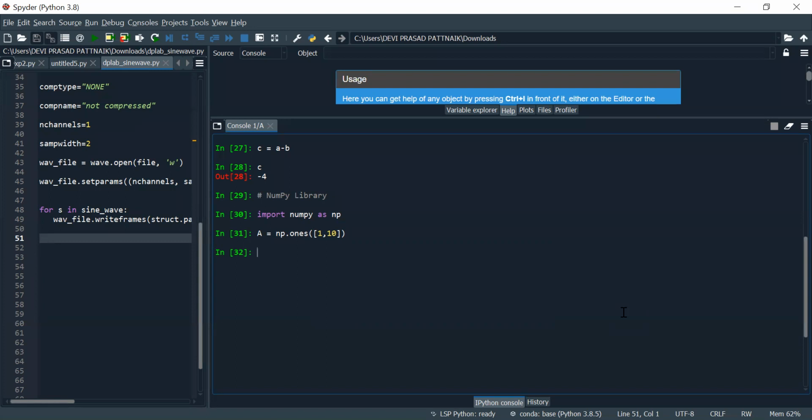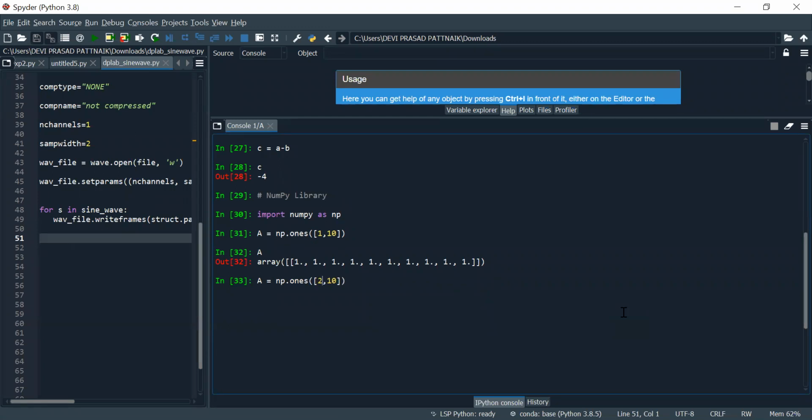Let's see what is stored in a. So you can see by writing np dot ones, it creates an array, a single dimensional array, where we have the array elements that are all ones, right?